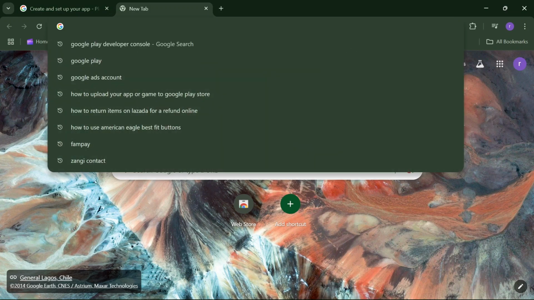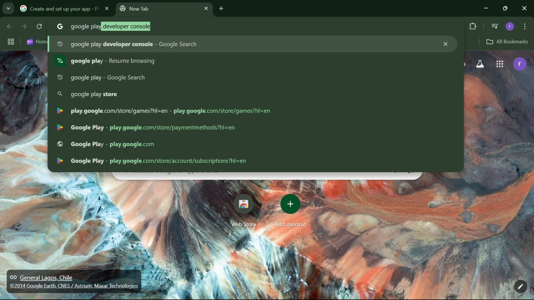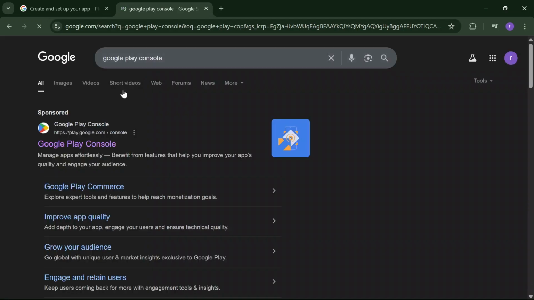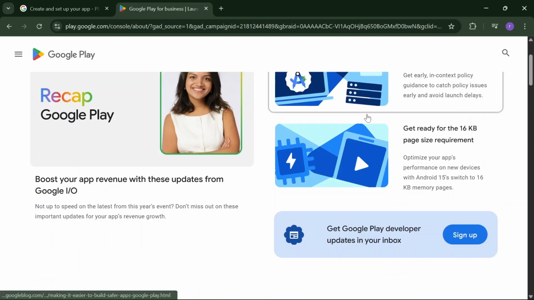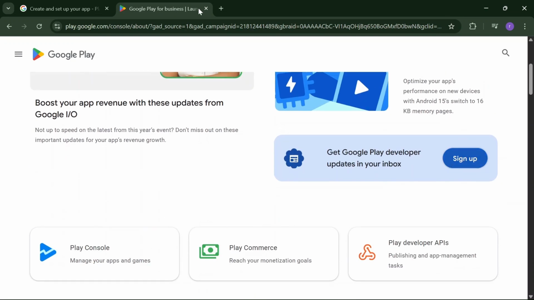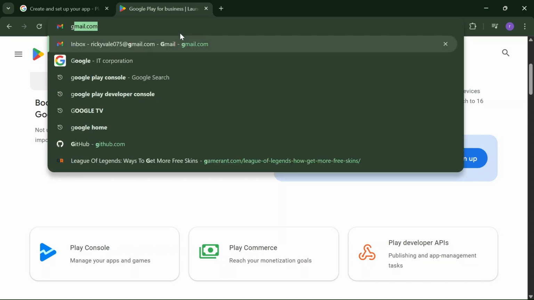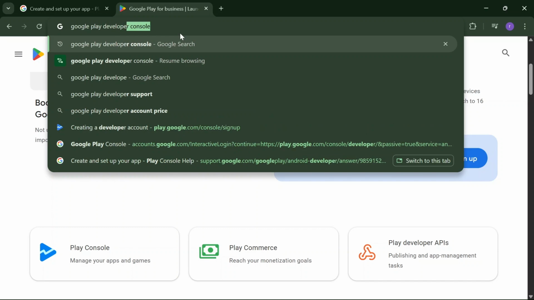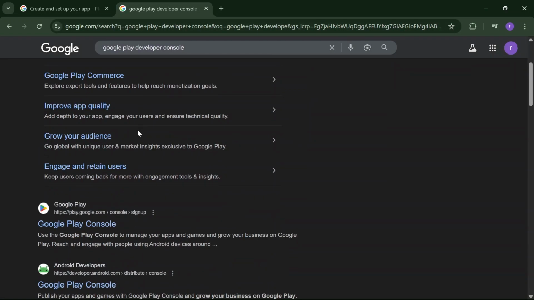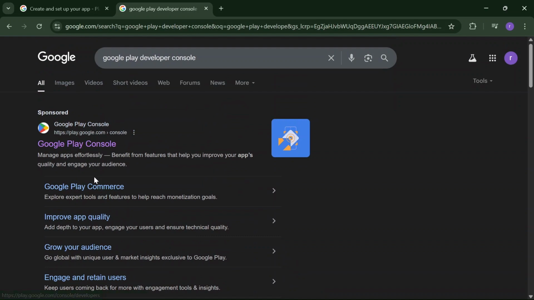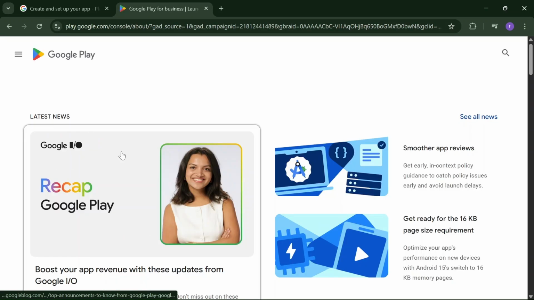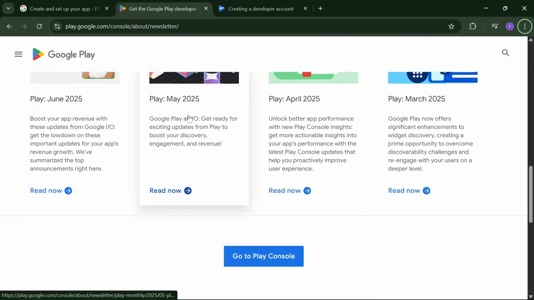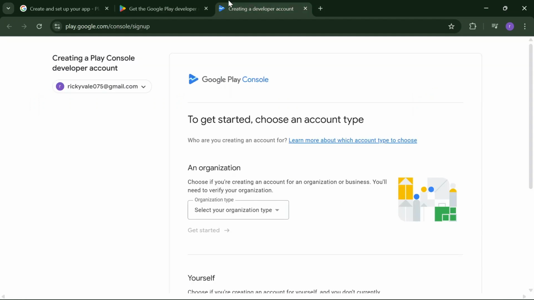So first of all, you need to search for Google Play Console or Google Play developer account, and if we click on Google Play Console, we just have to click on sign up, or we can just simply search for Google Play developer console. And as you can see from here, you just have to simply click on Google Play Console from here, and after that you have to scroll down and click on go to Play Console, and it will redirect